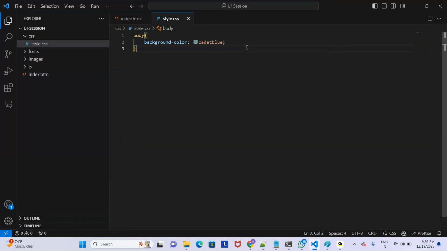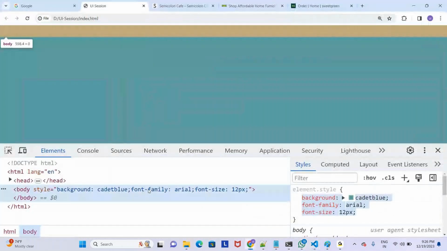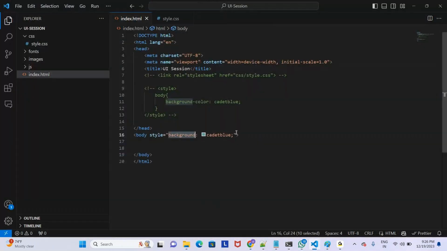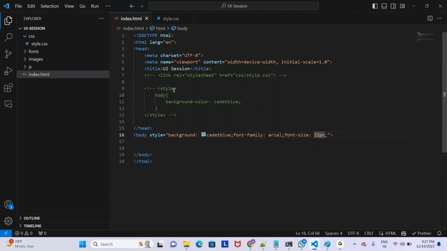The reason is, now you have only index.html. If you maintain the same kind of structure as I have written here, this is the home page. You need to create an about us page, a contact us page, and other pages as well. If you go with the same approach, the same background color, same font family, and same font size of 12 pixels, and when you release your application to the client, the client comes and says,